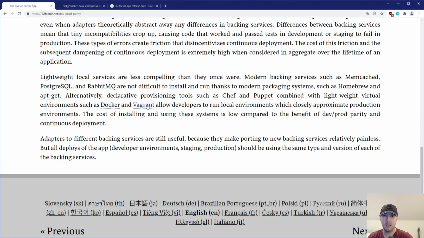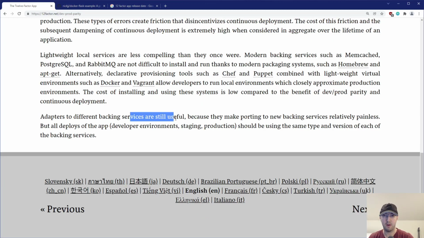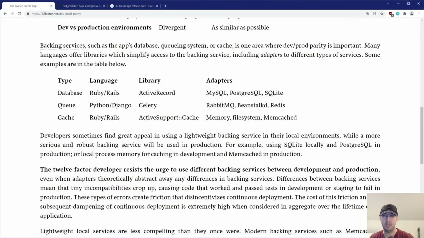But they're just saying it is easier nowadays to get these things installed so that you can run them in your local environment. And the cost of installing and using the system is super low compared to the benefit of having dev-prod parity. That's like the real important takeaway, right? So adapters to different backing services are still very useful because they make porting to new backing services relatively painless, right? So, going back to up here,